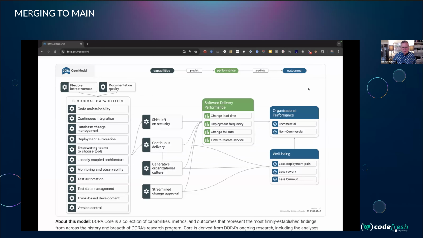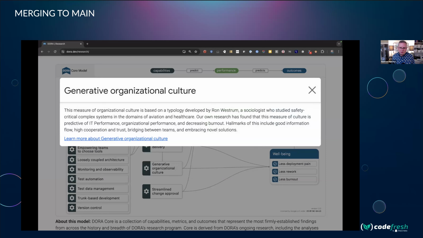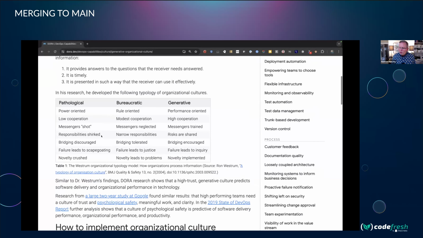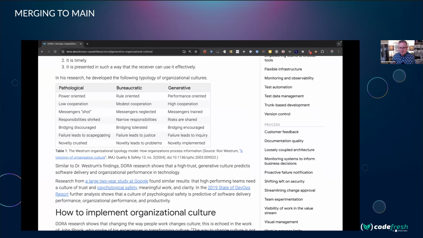The final area, though, that we really dig into in our research beyond technical and process is all about culture. And it is culture that we find is foundational to how your team works. In fact, let's just jump over here to this article about generative organizational culture. I want to show you one of the things that we help assess and talk about when we